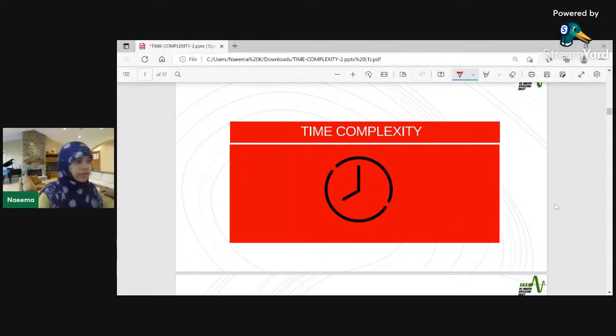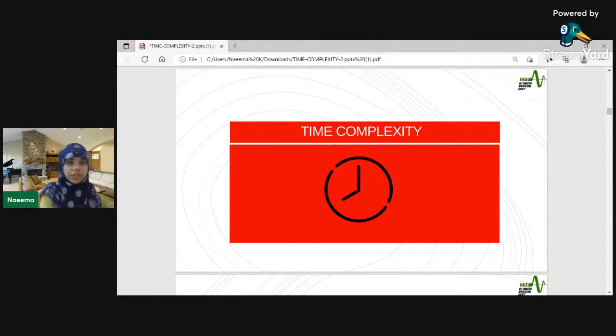Yes. So our next topic is time complexity. In computer science, analysis of algorithms is crucial. It is important to find the most efficient algorithm to solve a problem. It is possible to have many different algorithms to solve a problem, but the challenge here is to choose the most efficient one. Now, the point is, how can we recognize the most efficient algorithm when we have a set of different algorithms for solving a problem? We do this by studying time and space complexity. In this session, we will be discussing time complexity in detail.